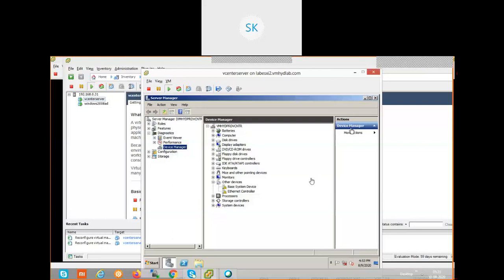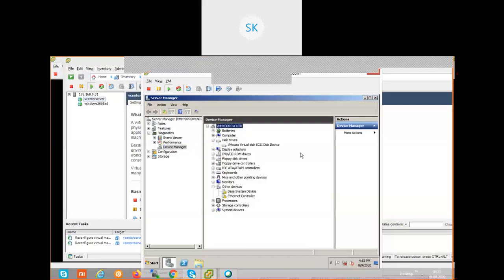Whatever operating system we loaded, that operating system provides certain default compatibility. If you expand Disk drives, there is no issue. It recognizes the disk drive. Expand the display adapter; it has loaded a default driver. We haven't installed anything. What is the default driver? Virtual VMware disk SCSI disk device. It is a hard disk. It is recognized by default by the Windows 2008 R2 operating system. That's the reason it is showing as compatible.